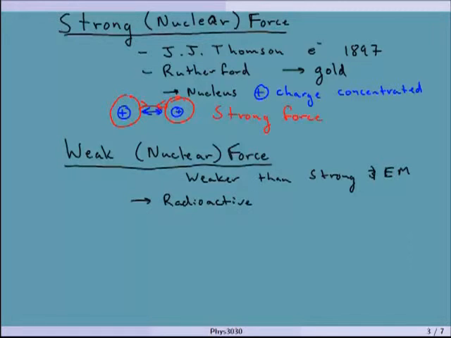And we'll talk a little bit about this, but basically radioactive decay is you're in some bound state where you have the strong force holding everything together, and the weak force basically allows particles to escape the strong force. And that sounds a little counterintuitive, but that's basically where the weak force comes in, and it has to do with the production of neutrons and how neutrons and positrons come together. We'll talk a little bit more about that.